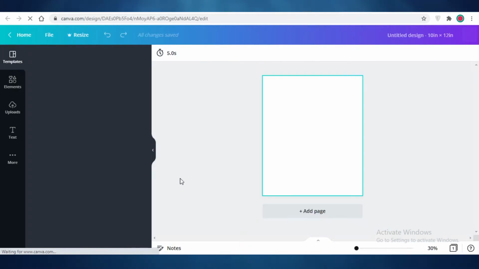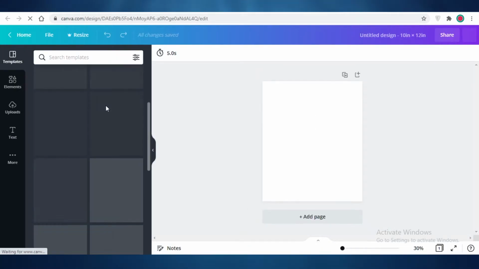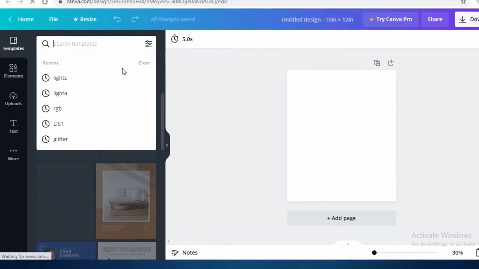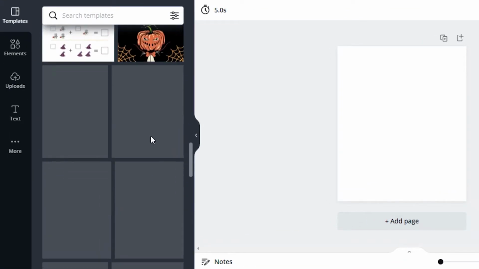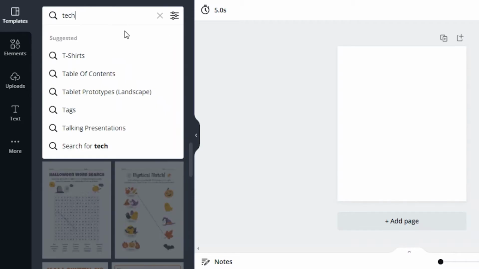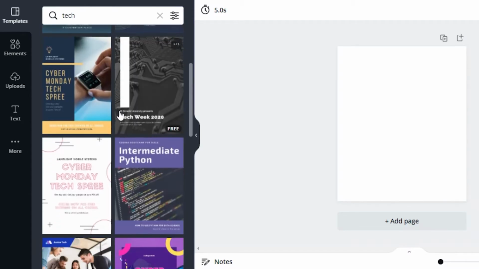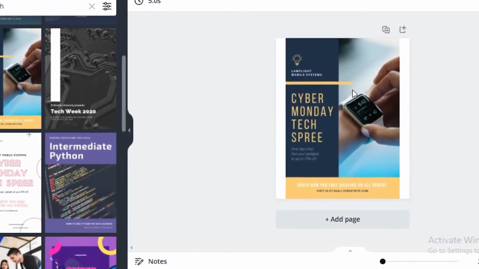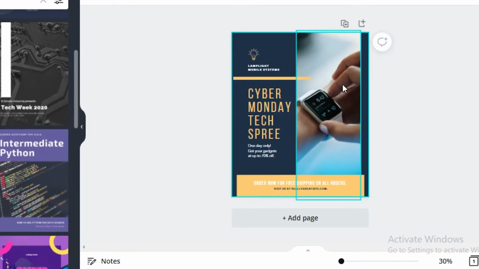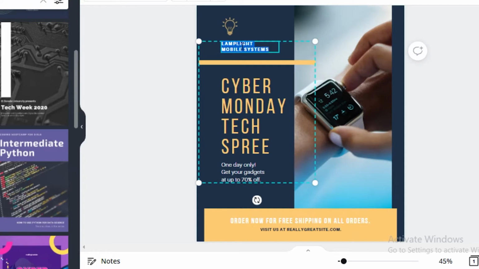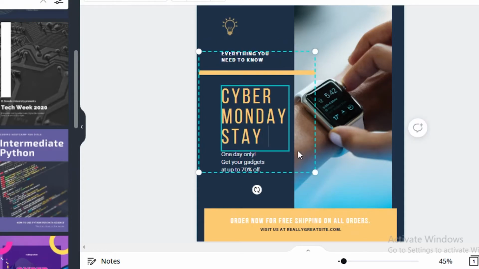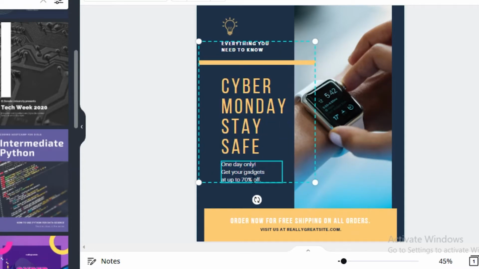And then you can either start from scratch or start with a template. I'm just going to start with a template. So take a look at the basic templates over here. There are a lot of different templates, and I'm just going to search for tech. So you can see over here, this is a very, very easy to use template we have, and I'm just going to zoom in. I'm going to change up the text to stay safe,